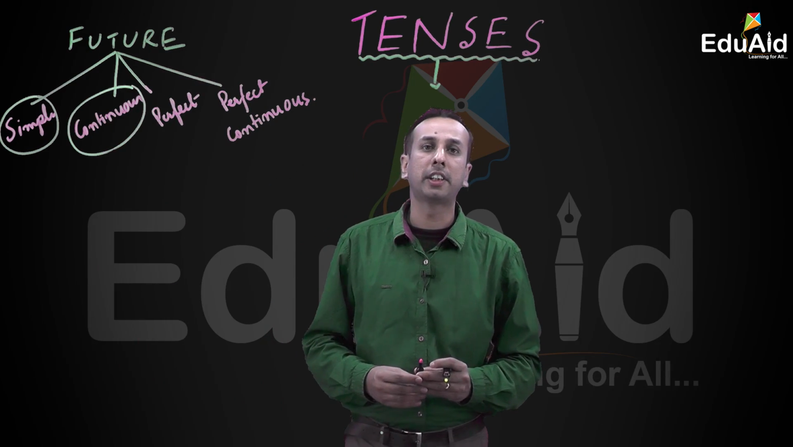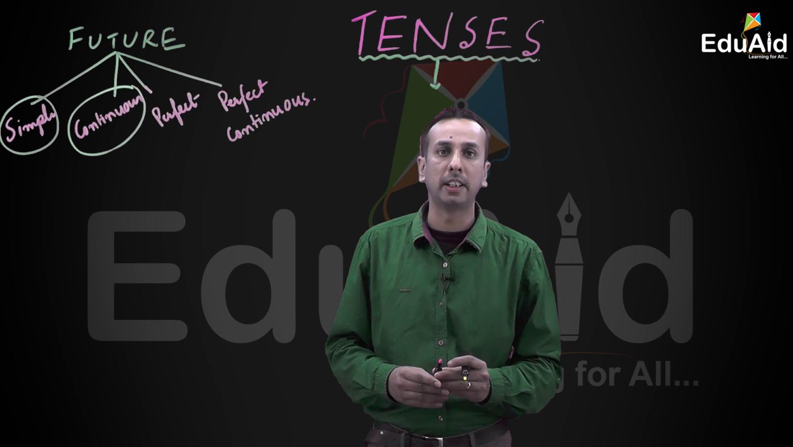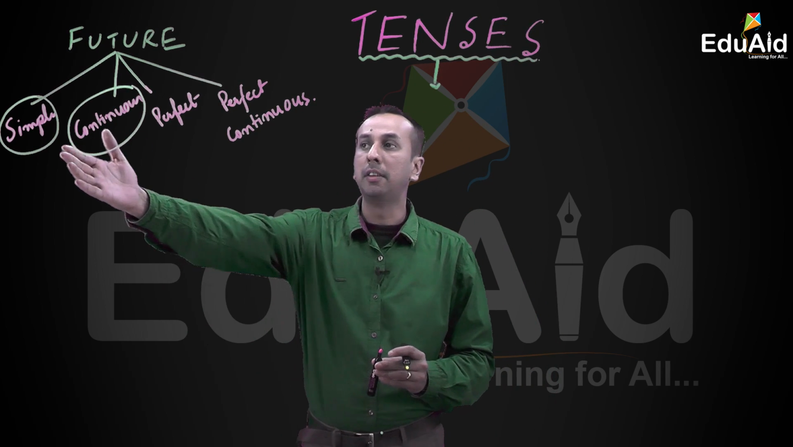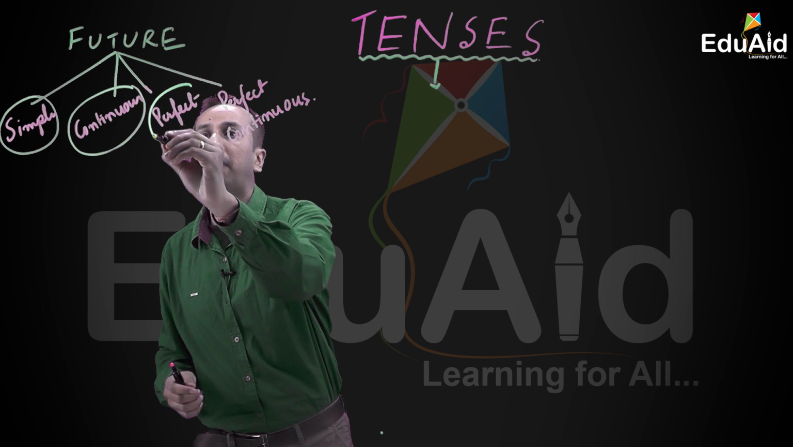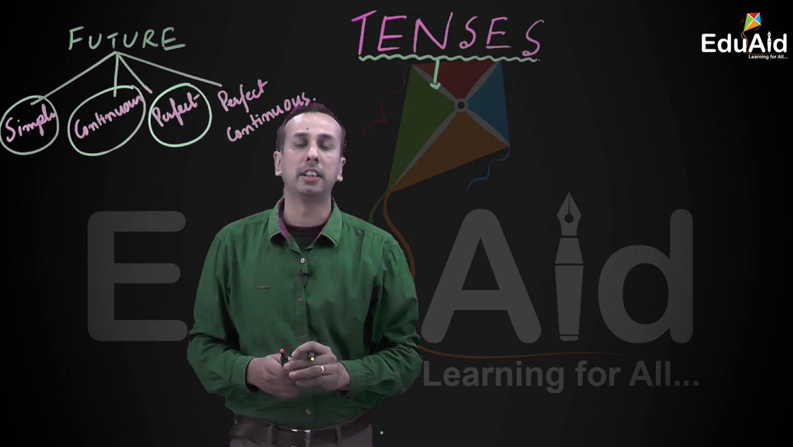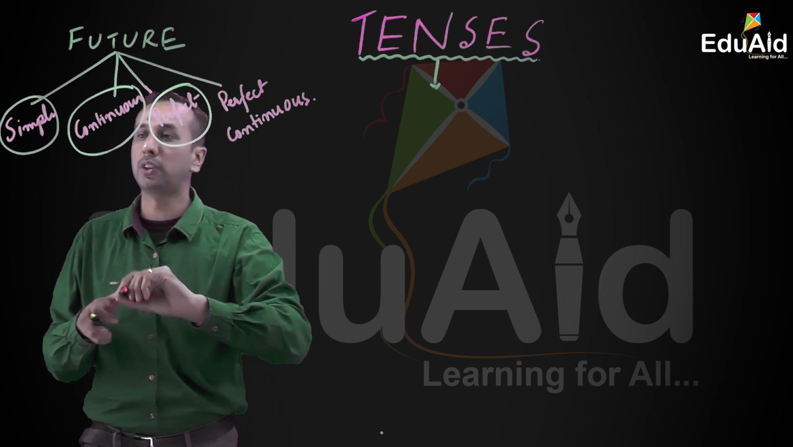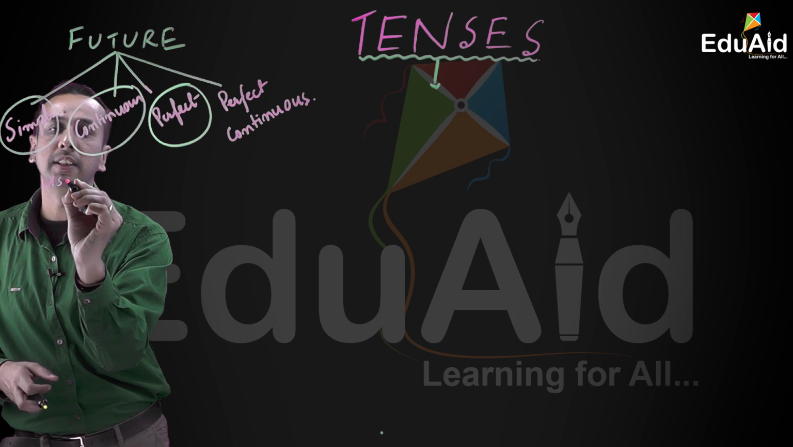Let's continue our discussion on the uses of future tenses. We discussed simple future and the future continuous. Now let's come to future perfect tense. Future perfect tense is used